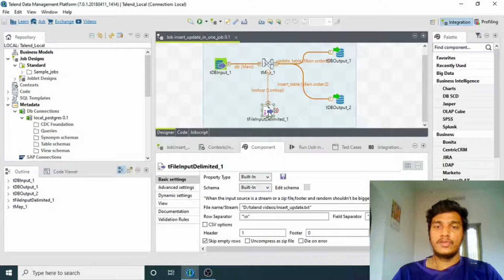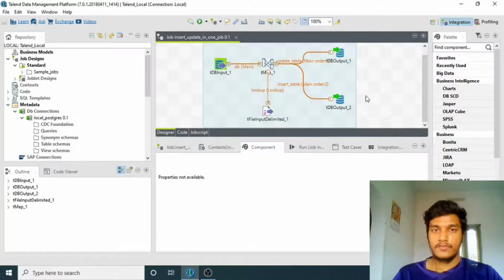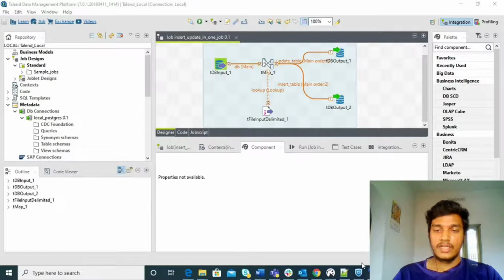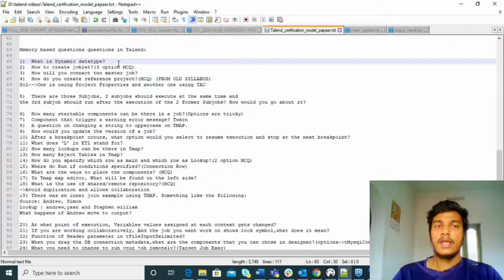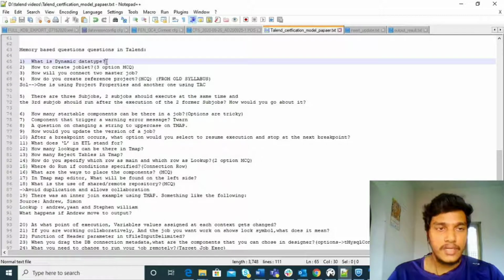If you mention the schema data type as dynamic, it will automatically take the schema as ID as integer, name as string, and salary as integer. So simply, a dynamic data type is one where, without mentioning any schema, it takes the schema of the file. Simply, that is what a dynamic data type is.